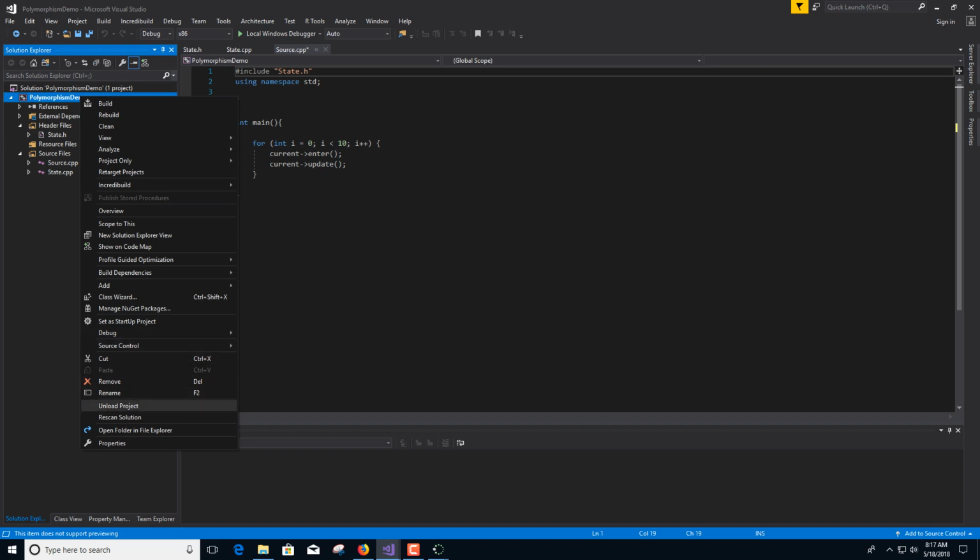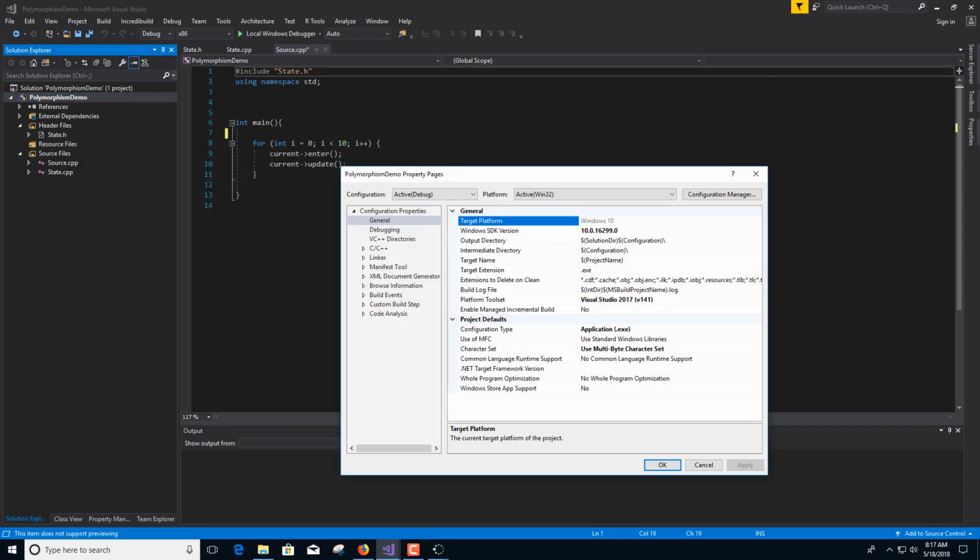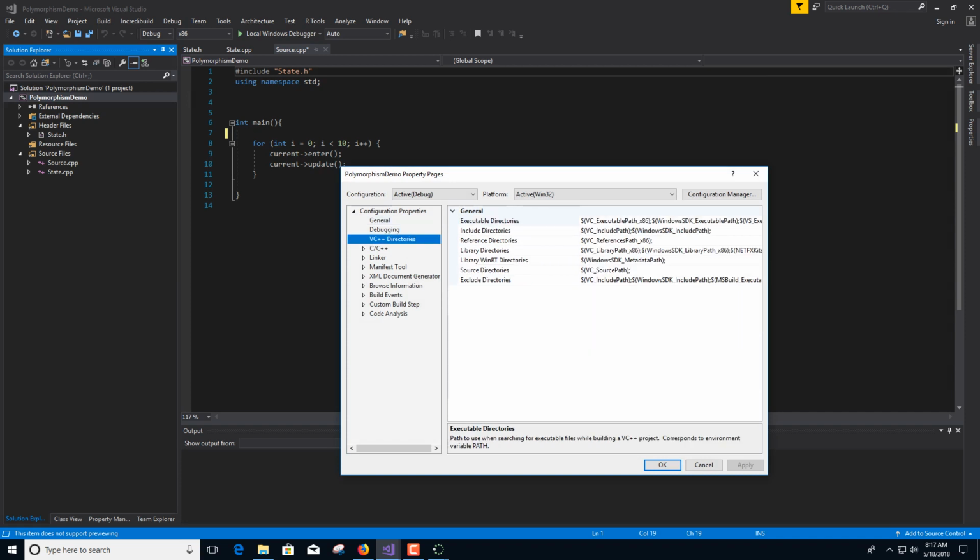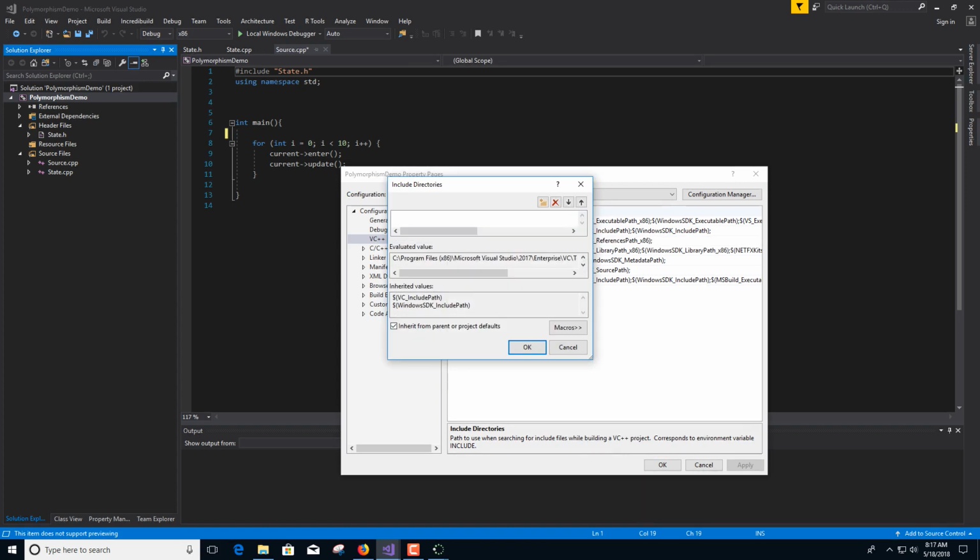First thing you want to do is go to Properties, and we're going to VC++ Directories. And the second line down, it says Include Directories. You want to click on that, and then click on this arrow, click Edit, and there is a folder up here at the top. You want to click on that, and then click on the ellipses,